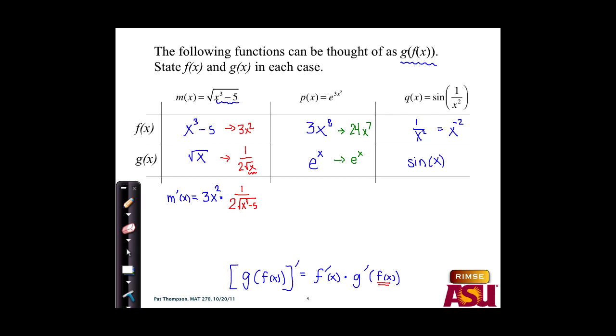So what I want for the derivative of p of x with respect to x is the derivative of that inside function, 24x to the 7th, times something that looks like this, but with f of x in that spot, the 3x to the 8th in that spot. So it's going to be, instead of e to the x, it's going to be e to the 3x to the 8th. Or for the third question here,